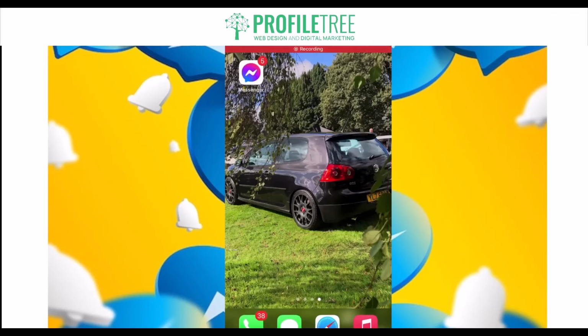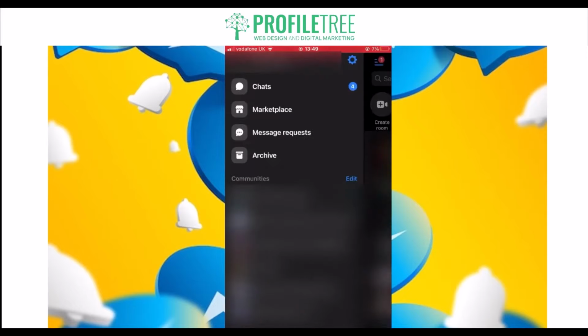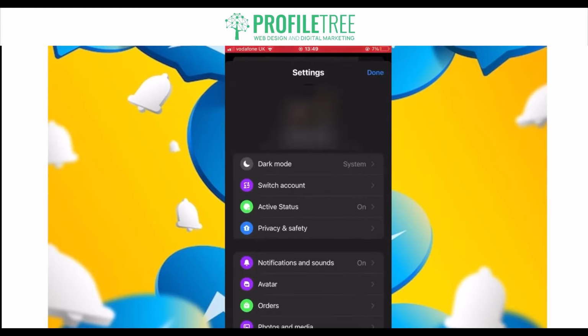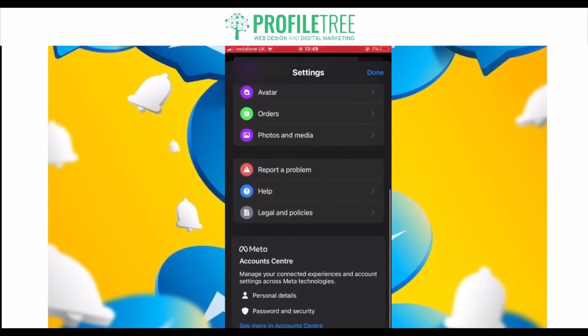So of course, the first thing you want to do is enter into the app and select the top left for the hamburger menu. It'll drag you into the profile, and on the top right you've got a settings bar there. It's colored blue, like a blue gearbox, so just select that. Scroll all the way down until you see Meta Account Center. Select that,